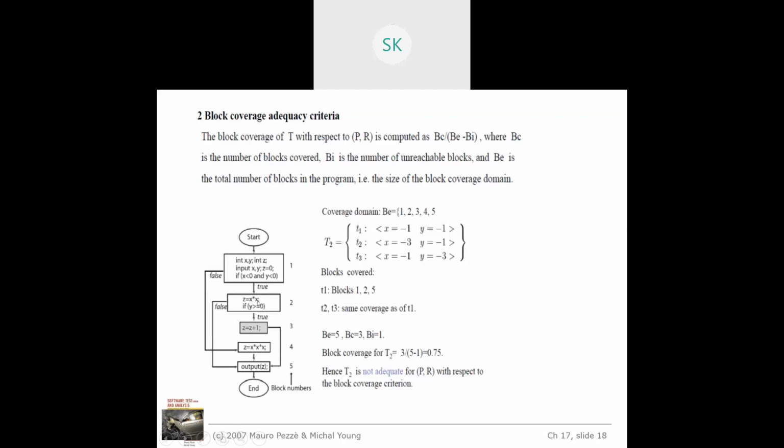z is equal to x multiplied by x. If y is greater than or equal to 0, then it will be taken care of with z is equal to z plus 1. That's what it will be taking. Once that is done, it will output the value. If this is failing, then it will output the z value. So if x is less than 0 followed by y is less than 0 is failing, then it will take care of z is equal to x cube, x to the power of 3. So this is with respect to the scenario.